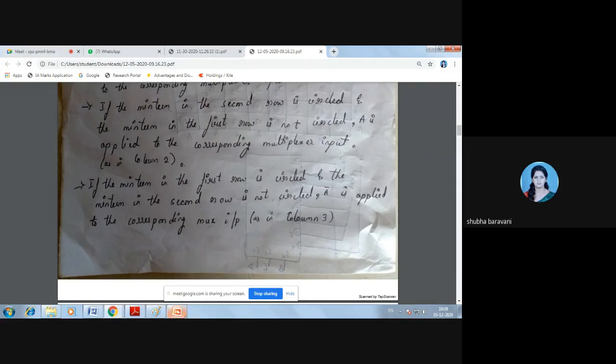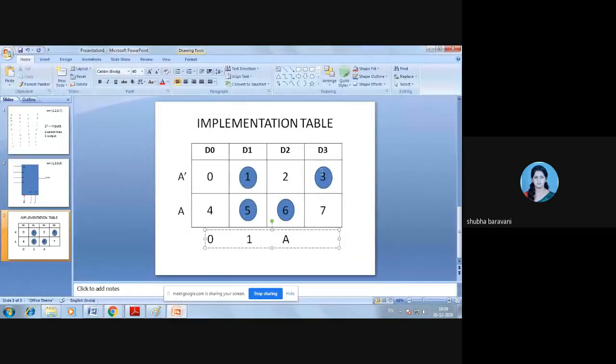So the minterm in the first row is circled, however second row's 7 is not circled. So in this case I'll apply A bar. Understood up till here?